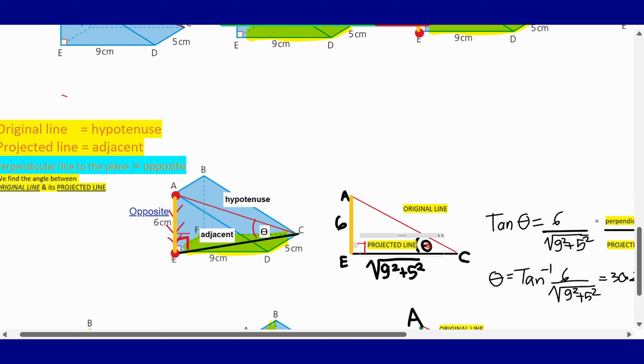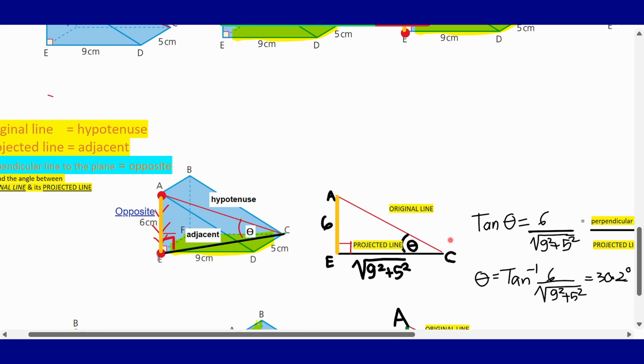So the theta is, because we already know AE is from the question 6 cm, and EC is the square root of 9 square plus 5 square. So we just take tan theta is equals to